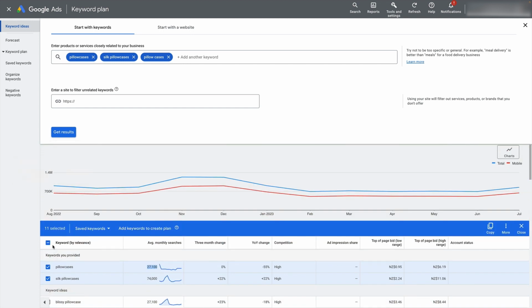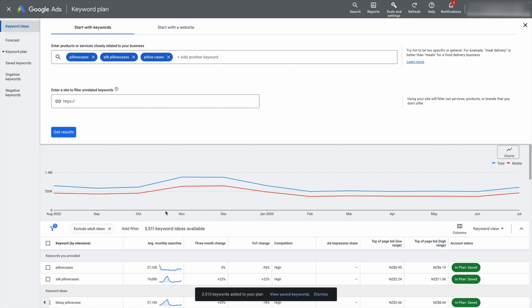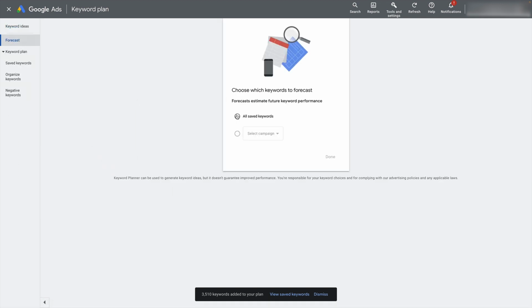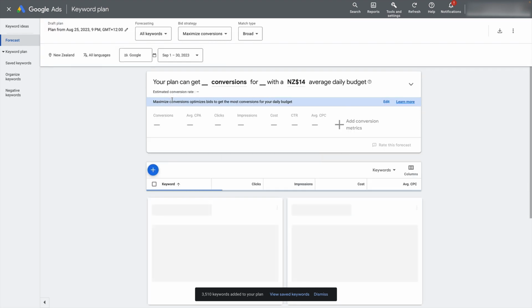Let's as an example, let's just add all of this. Let's just add all of that. And once you've selected all the keywords you want, you can add keywords to create a plan. And now what's really funky about this tool is once it's finished adding the keywords, you can actually do some forecasting. So from this point, you want to select all saved keywords, go in here,